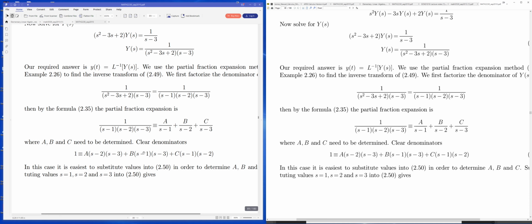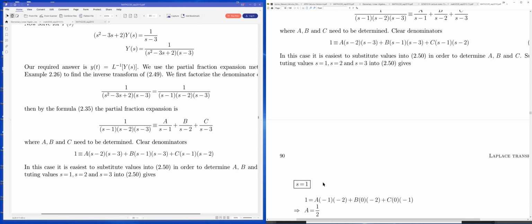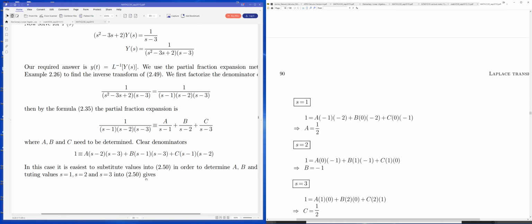Okay, so we get to this point here, right? And now what we need to do is figure out what constants a, b, and c are. The easiest way to do that in this case is really just to substitute values. Okay, so if you substitute s is equal to 1, first of all, what you'd get is,